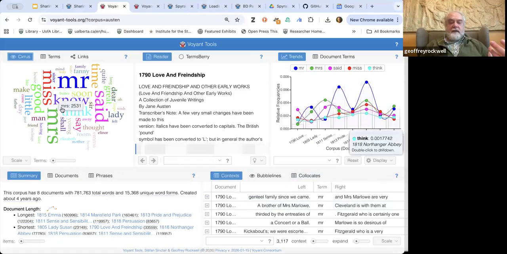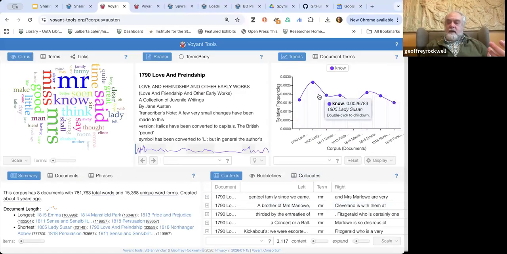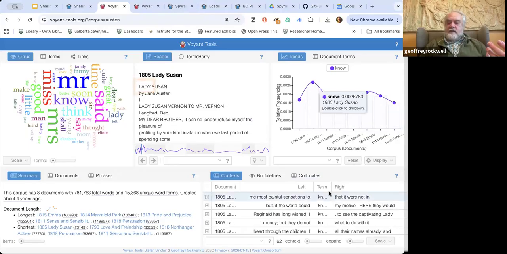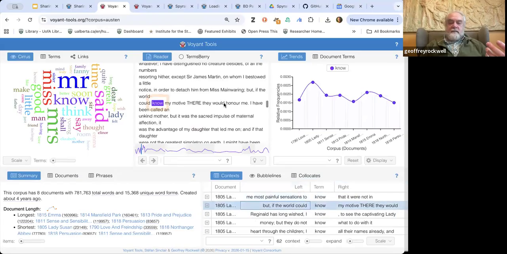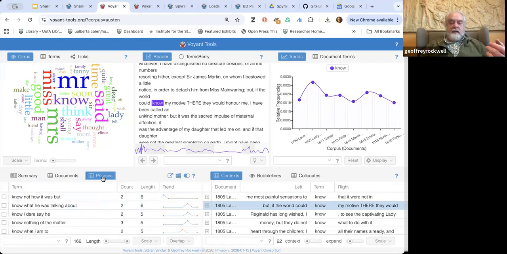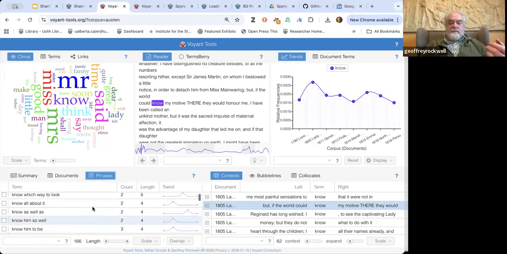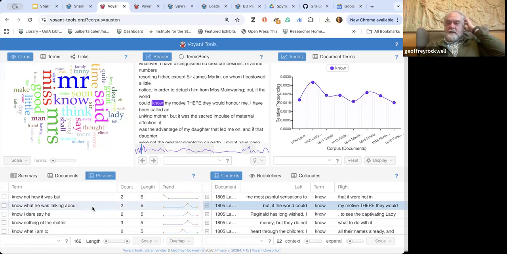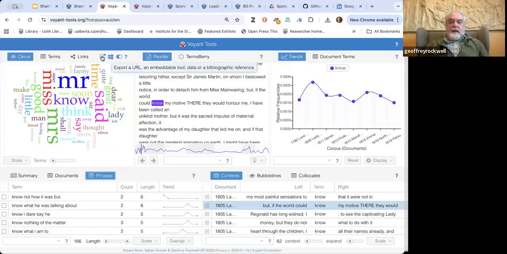These are loosely concatenated. You click a word here, the trends tool here will synchronize. You click that and the keyword in context will synchronize. You click this and the full text reader will synchronize. Each one of these panels has different tools. Here's a tool that shows the different documents that are there. This is a tool that shows multi-word phrases. So we've got all these different tools. And one of the things I showed was how you can export